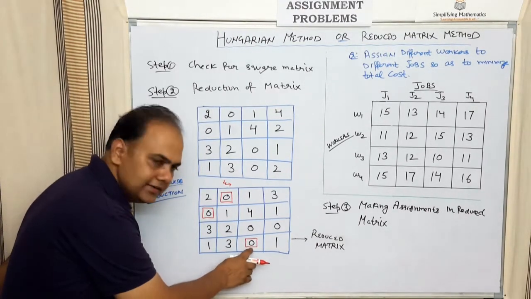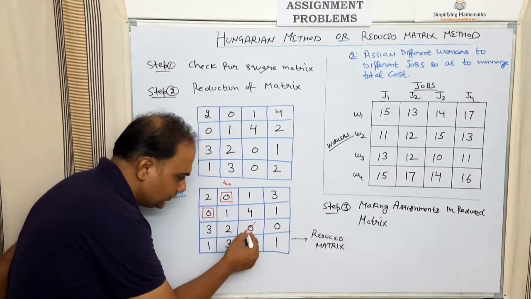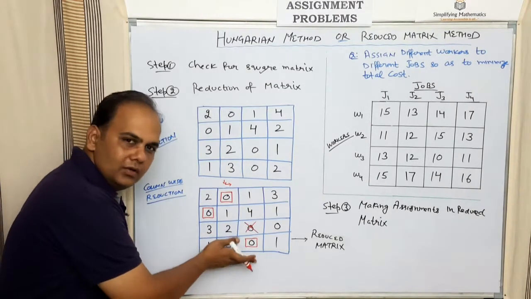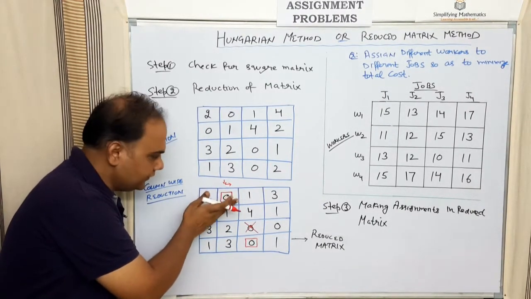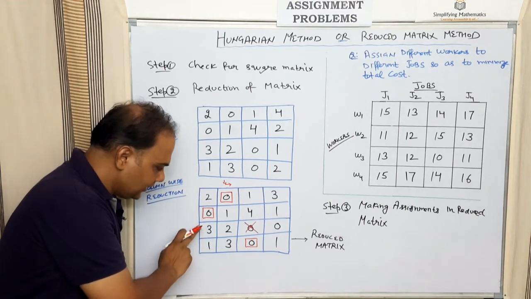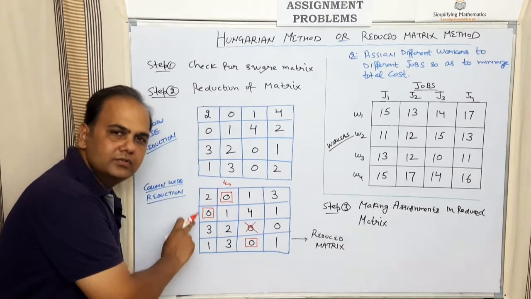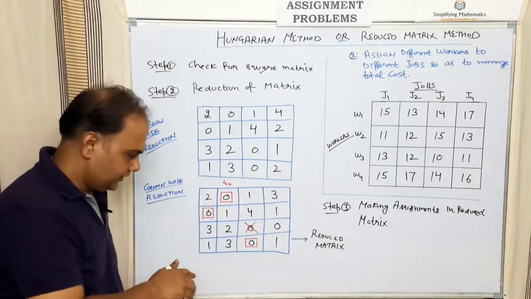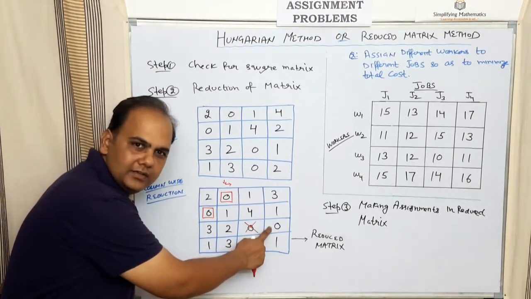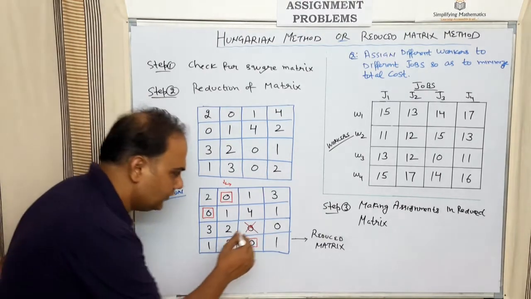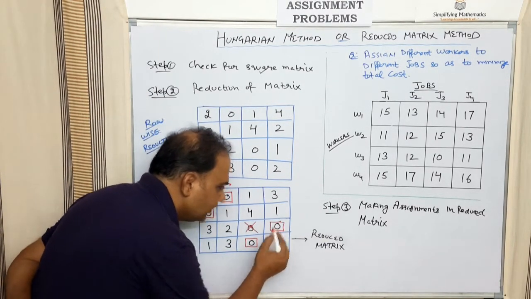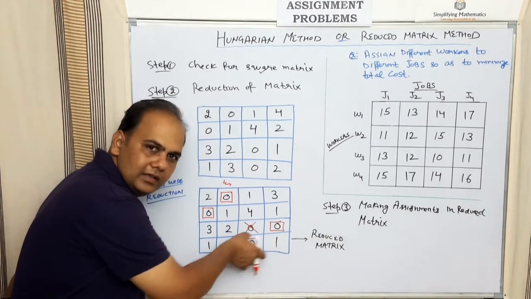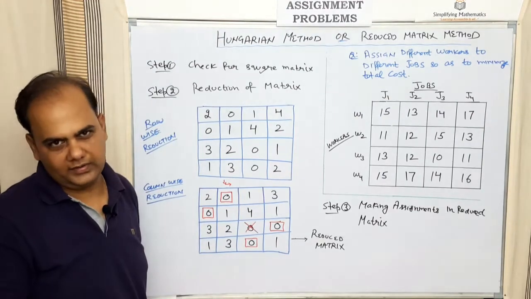Now corresponding to this cell, इस column में we are having this zero, तो हमने क्या कर दिया, इसे cross it out कर दिया. Now again look for the single zero starting from the first row. Already done. Now are you getting a single zero in the third row? Single zero का मतलब क्या है कि it should be neither crossed nor assigned. Now the third row is having only this zero which is neither assigned nor crossed. So now make an assignment over this zero, and corresponding to this zero अगर कोई zero है इस row और column में, तो we should cross it out.